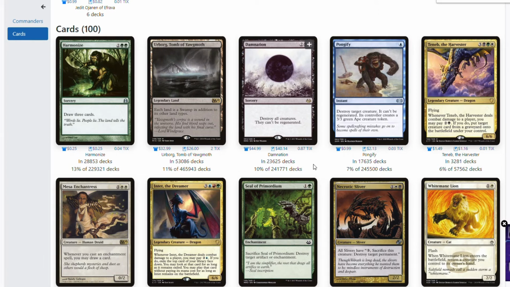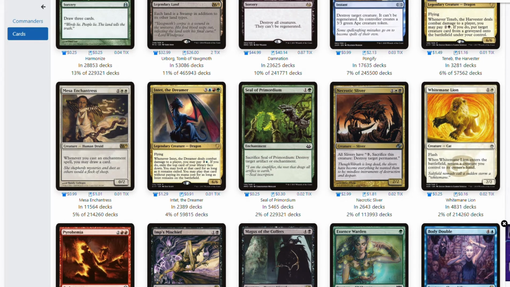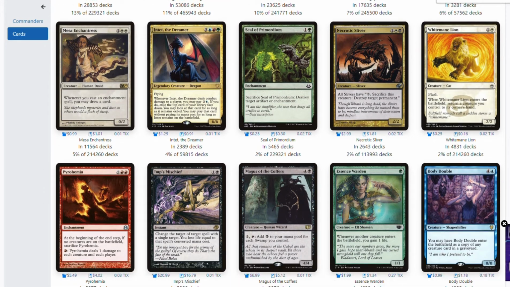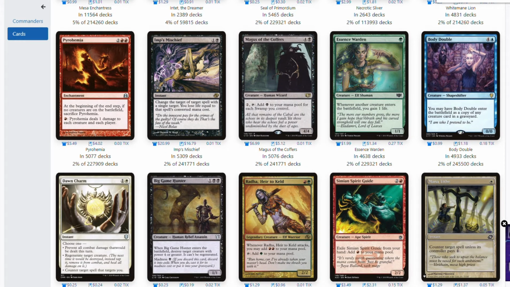That one I'm going to have to assume is probably going to be showing up at Mythic, but we shall see. And as we scroll down here, we've got some $1, $2 cards. We're going to skip that, not because it won't show up, but just it's probably not worth selling off before the set releases. Okay, here we've got Imp's Mischief with a $16 to $20 price tag, and that's because